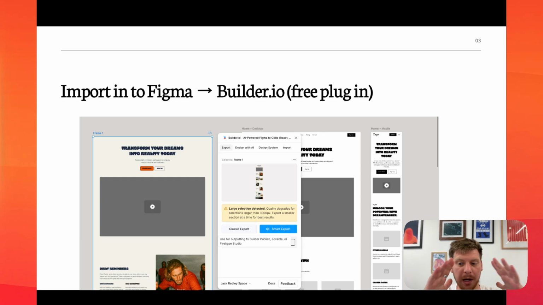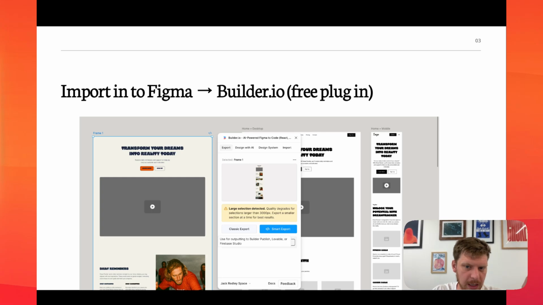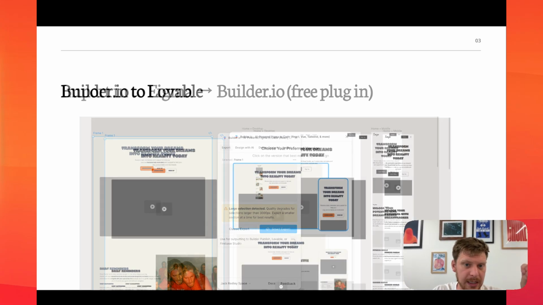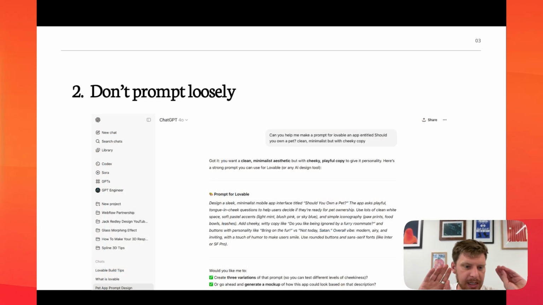But it's wildly good. If you're like, I don't really know, build me a cool betting prototype, okay, super broad, it's going to build you whatever. But if you've got a clearer idea about what you want this to look like and how it's going to work, then I would recommend thinking a little bit more about the design and going to Rayloom, Figma. Yes, it's longer, but trust me, it will save you so much time in the long run, because trying to edit stuff in Lovable visually isn't as easy as in Figma, I would say.